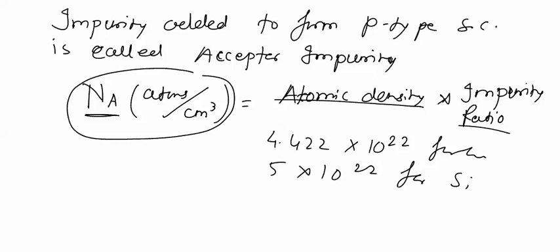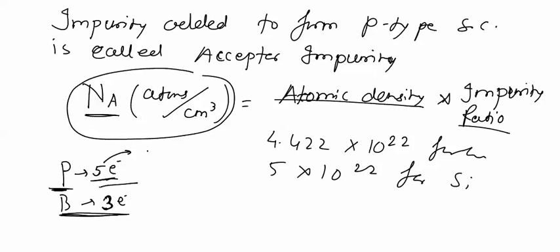These two materials we have seen. In the first case we added phosphorus with 5 valence electrons, and next we added boron with 3 valence electrons. With 5 valence electrons there was one extra electron, and with 3 valence electrons there was a deficiency of an electron. This one extra electron was donated to the material, hence it is called donor type impurity. And in this case, to complete its fourth incomplete bond, one electron was accepted by the impurity atom, so we can call it acceptor type impurity.